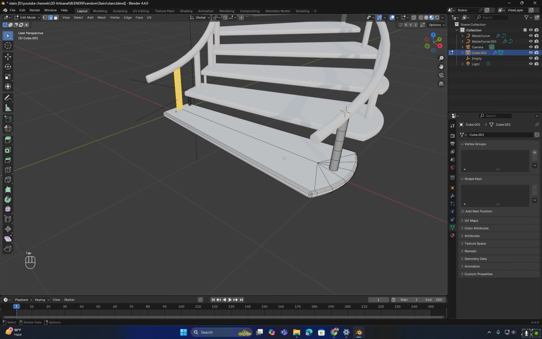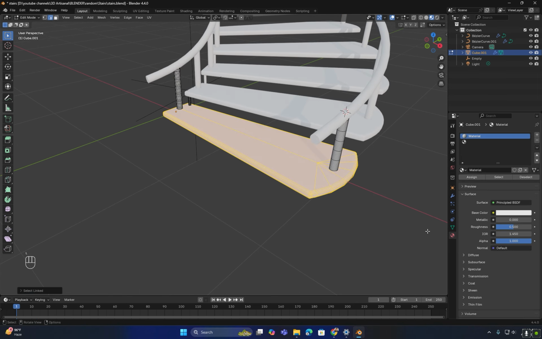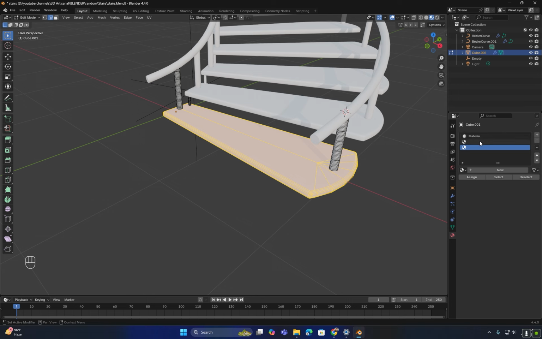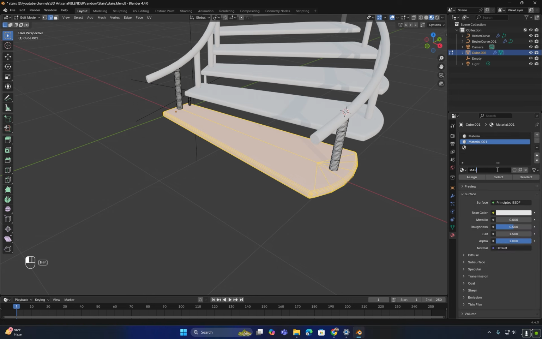I will go into edit mode, select this part of the mesh, then go to the material settings, create a new material, rename it and assign it to the selected part.